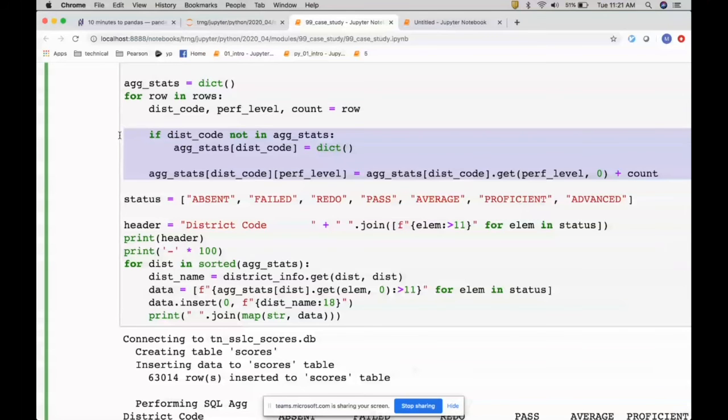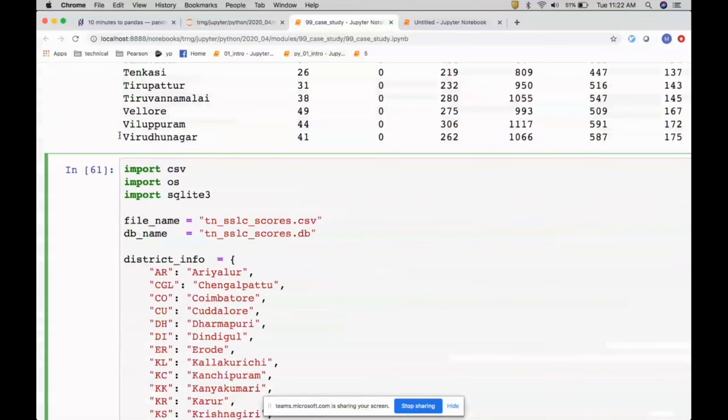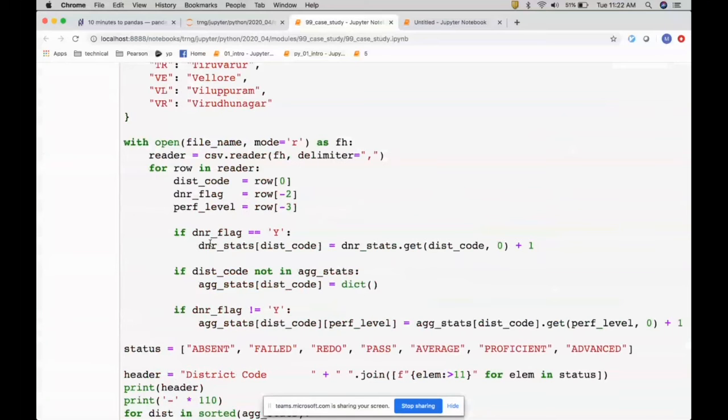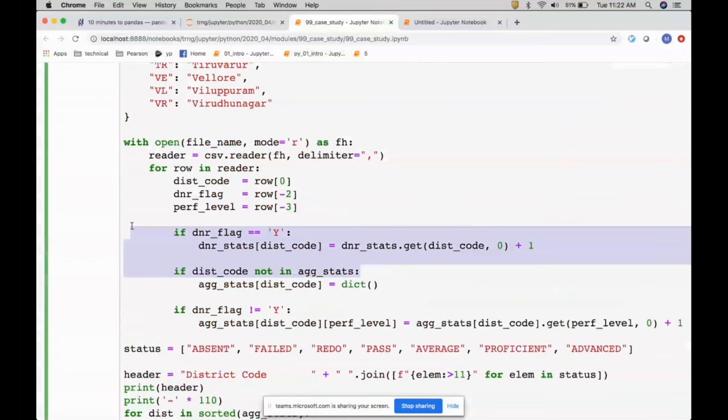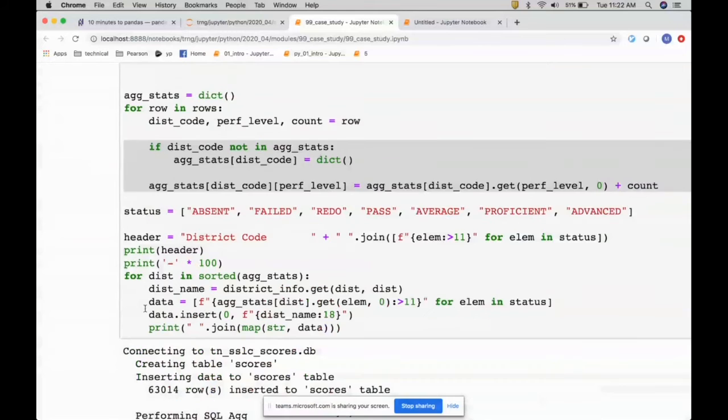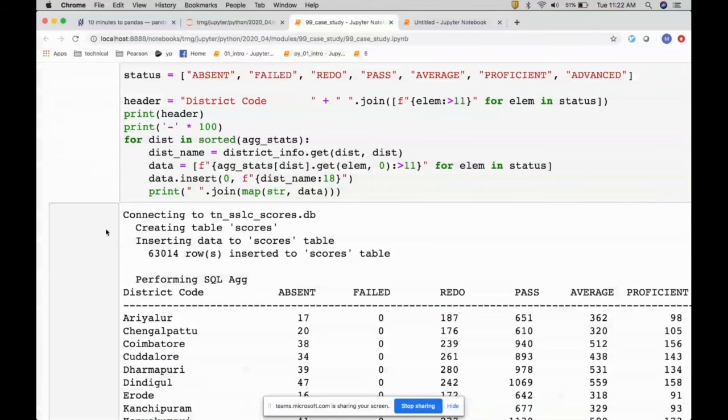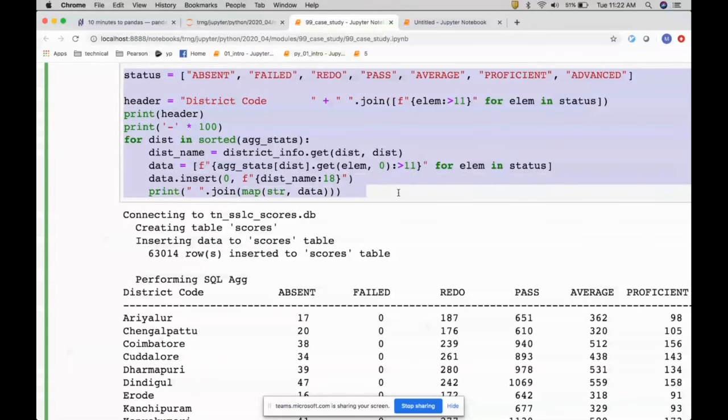So we directly go for a very simple way to keep the values. We are not calculating, but only storing a list in a dictionary, right? Unlike here, where we have all these checks and conditions. And then we use the same logic here to create the